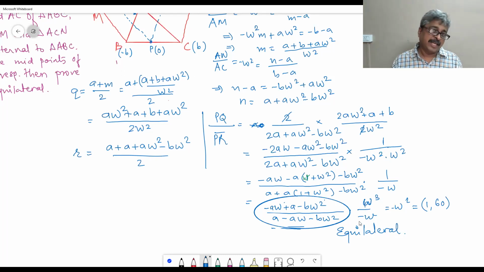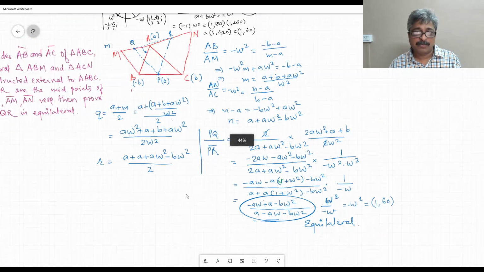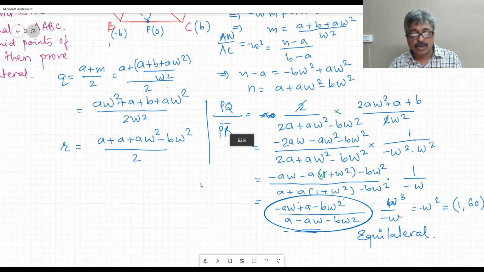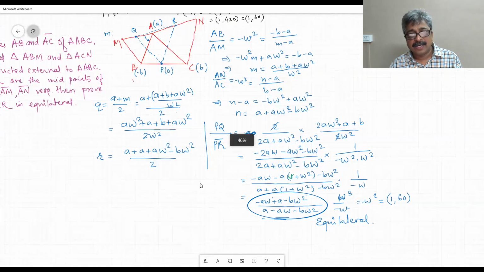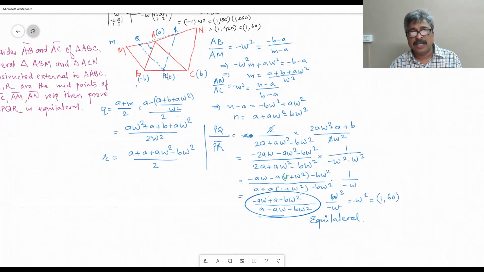Correct. Yes, sir. Mistake. I agree. Because see, the thumb rule is, now I have solved this problem after so many days. Thumb rule is the most busy vertex you have to find out. And I made a mistake by saying that it is P, it should have been A. A is the most busy vertex because A is required for finding out M, A is required for finding out N, and therefore A is required for finding out two things, whereas P is required only for finding out the midpoint. So midpoint P could have been easily found out B plus C by 2, and therefore job would have